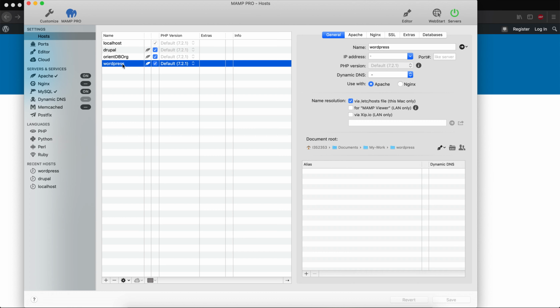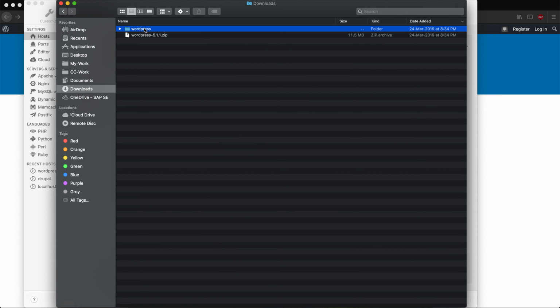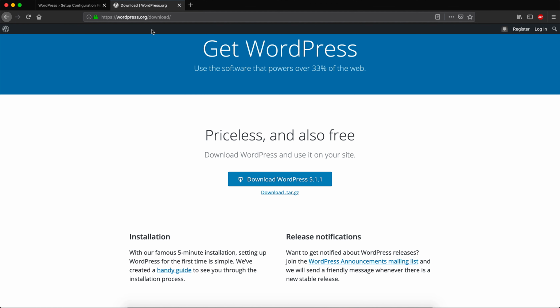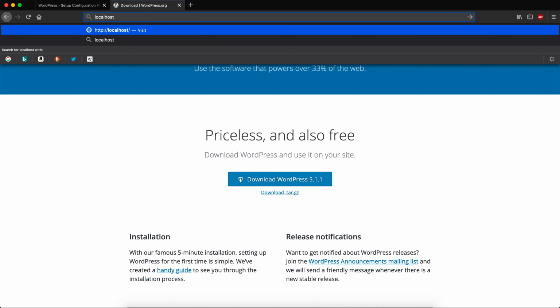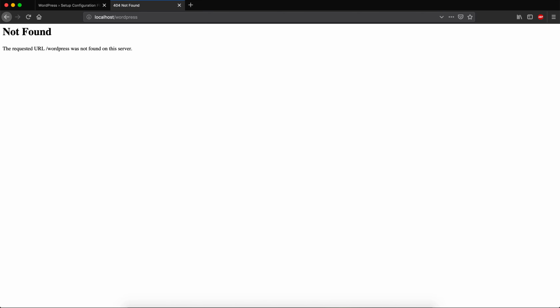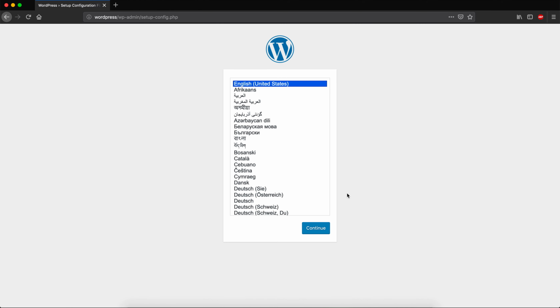If you are using XAMPP or WAMP, you just need to copy that WordPress folder into your localhost folder and then go to localhost slash WordPress. That is your path for XAMPP or WAMP servers. Since I am using MAMP, my WordPress address is just WordPress. Once you open that URL, it will automatically redirect to wp-admin